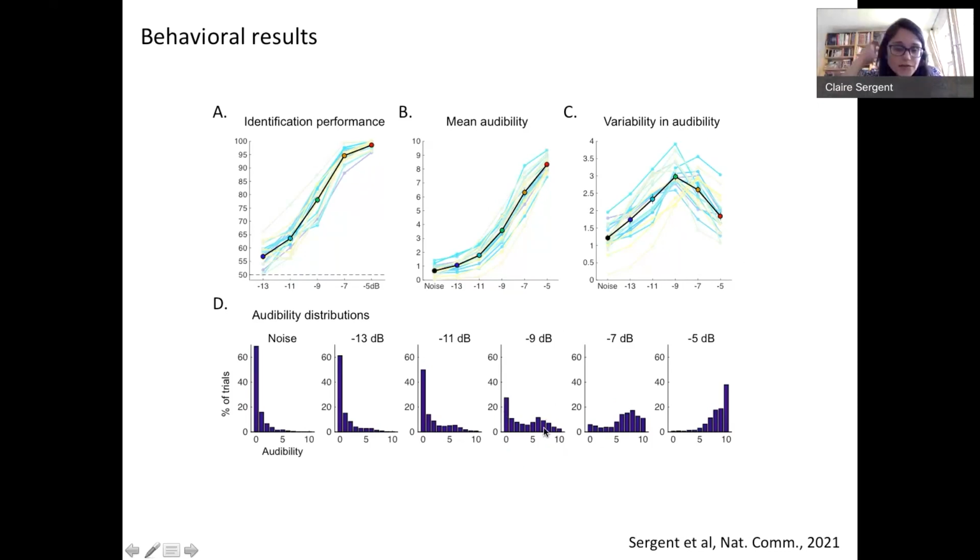Okay, so that's the first indication that even with these very simple auditory stimuli, we have, at least behaviorally, this kind of split in the behavior. Well, this kind of split between two types of trials. Okay,